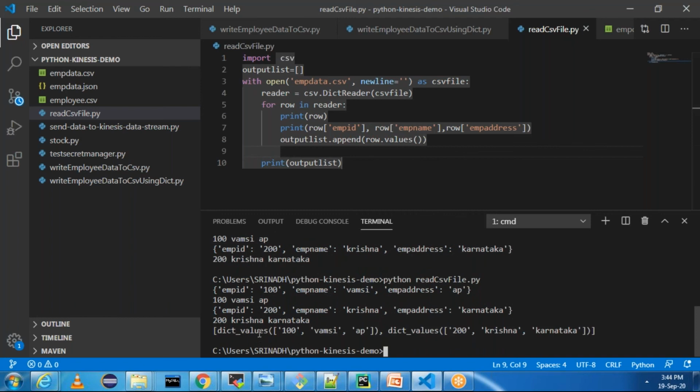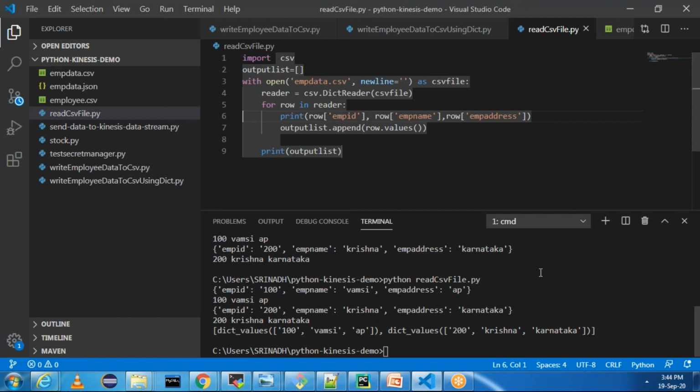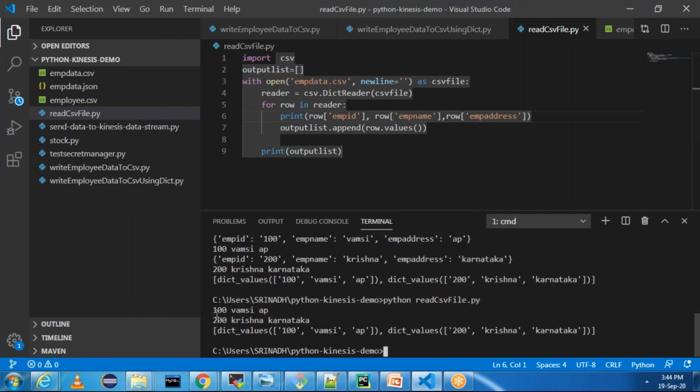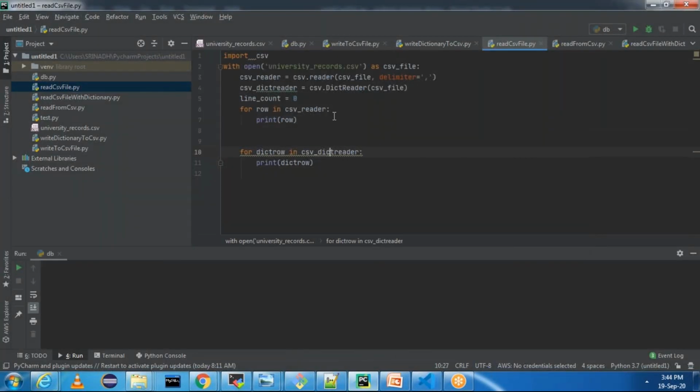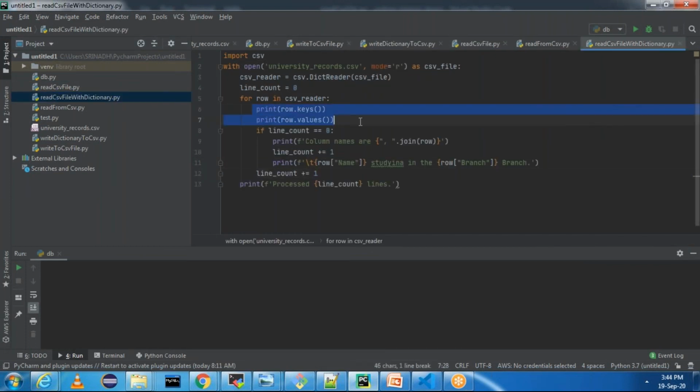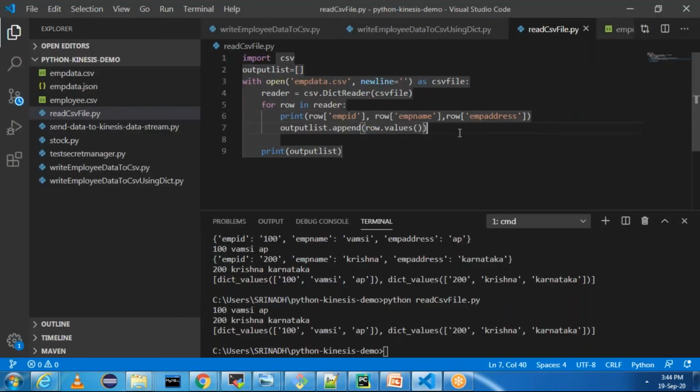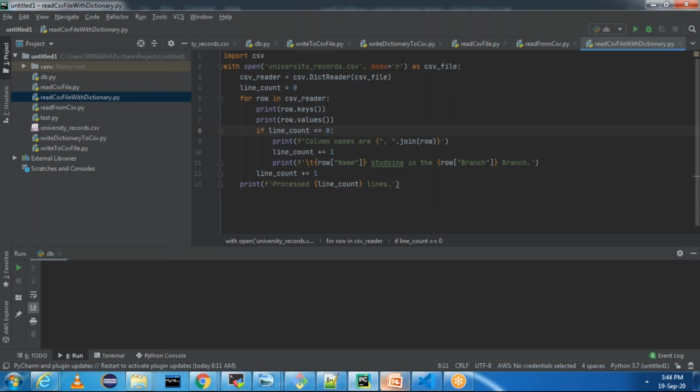Now if you see, I'm able to get dictionary values and I'm able to print it. This is my output list. If I remove this print row, I'm able to get this output. See, I'm able to get the records and I'm able to print it in terms of dictionaries as well. If you really want to do like this, you can print it. And then if you want to see both the keys and values, you can use it like this. I have just added the values. If you want, you can add the keys as well. I have added it to the list so that I can iterate the list and save it in the database as it is. That is the reason I have added like this.